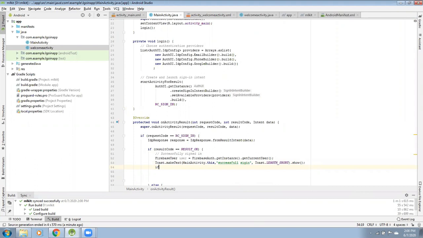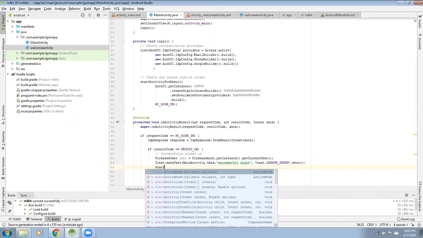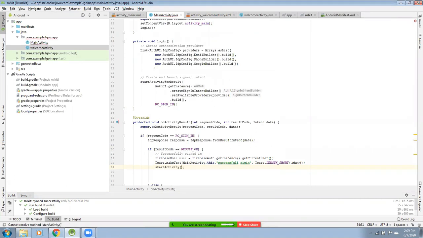So if I'm checking whether the user is, sorry. Now in the result OK activity, just go to the next activity by finishing this activity. So click start activity, new intent, current activity name and the activity which you are going to. So main activity